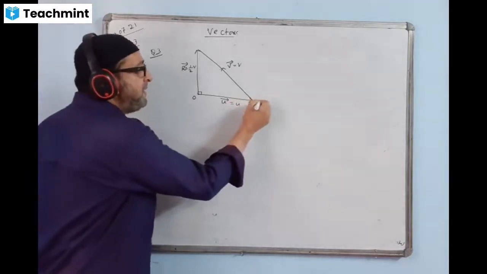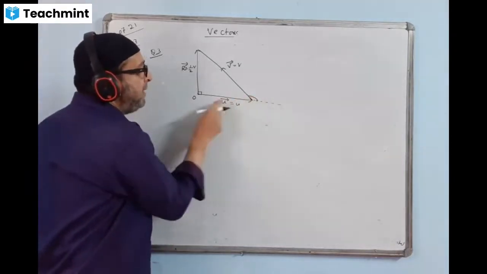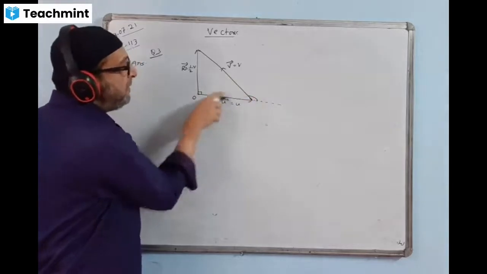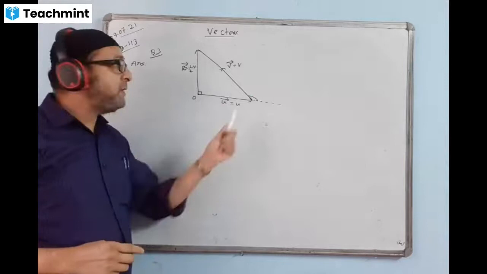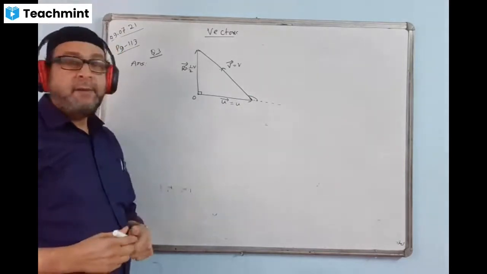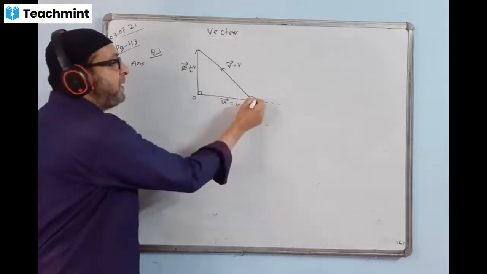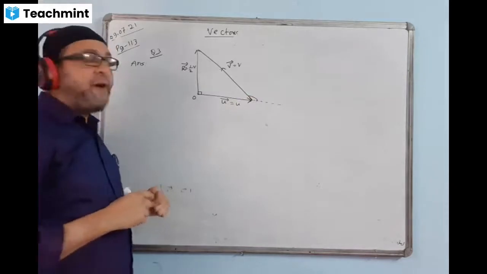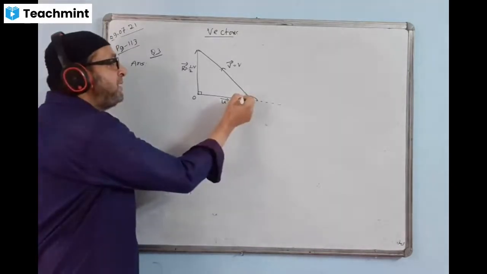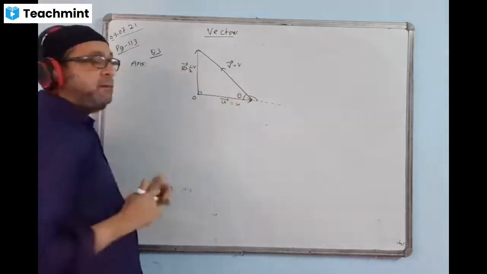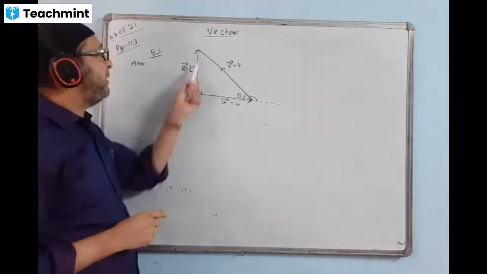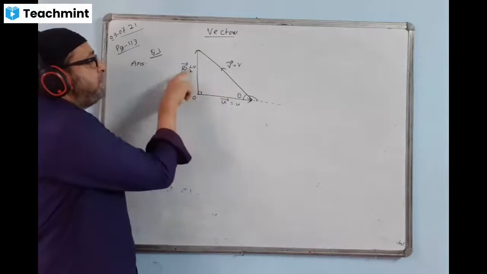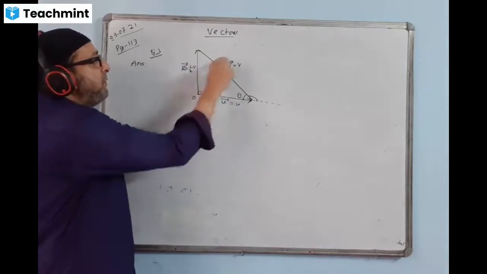I am supposed to find this angle actually. The angle between two vectors is always the outside angle of the triangle. This angle we have to find, but to find it I first find this other angle. Let us suppose this angle is theta. I use simple trigonometry here. In this triangle, this is the perpendicular, this is the hypotenuse. Both of them are known.